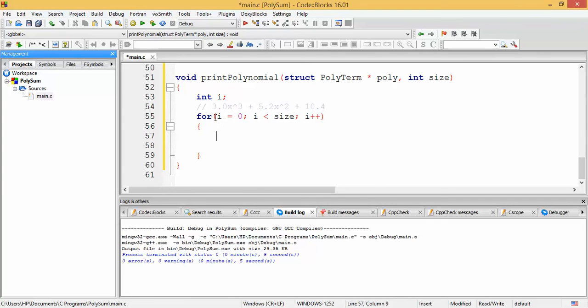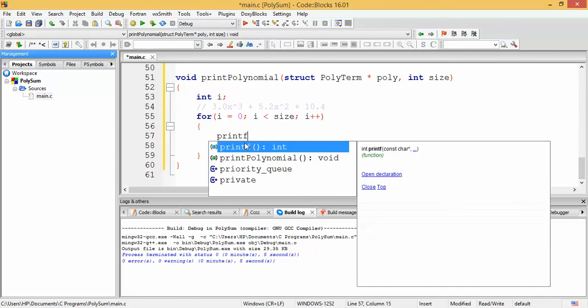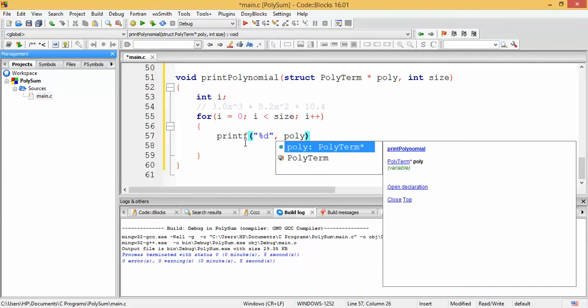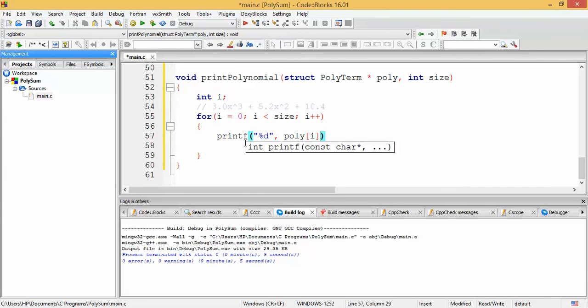So here we are iterating from 0 to less than size, and in each iteration we are going to print one term on the console, right? So for that, first of all, we would print the coefficient of ith term. So printf %d, then the coefficient of ith term is contained in this array,